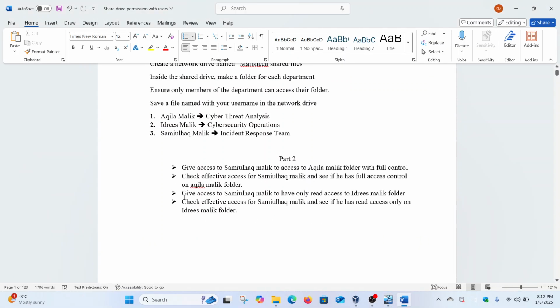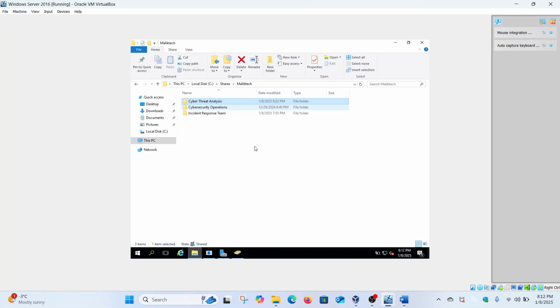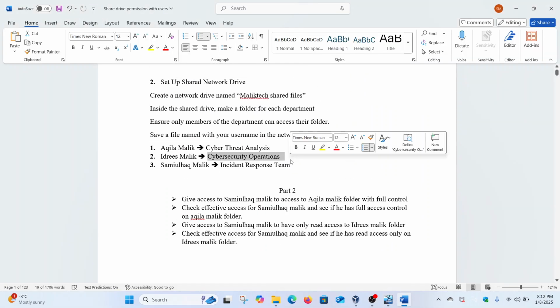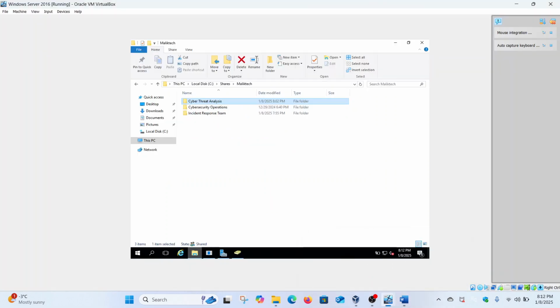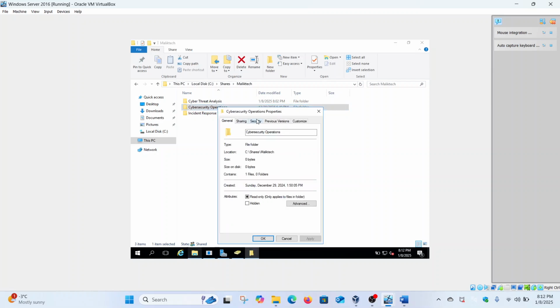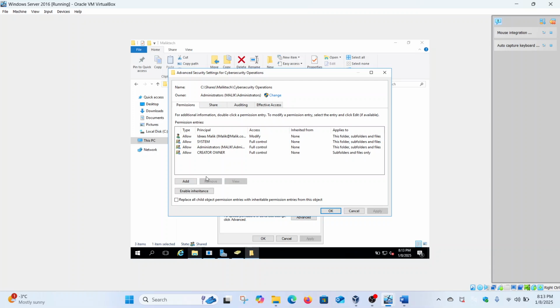So now it says give access to Samuel Haq Malik to have only read access to the Idris Malik folder, and then check the effective access. Okay, this is pretty much easy. Go to the server, check which department Idris Malik belongs to: cybersecurity operations. So simply go to cybersecurity operations, right click, properties, security, advanced, add,